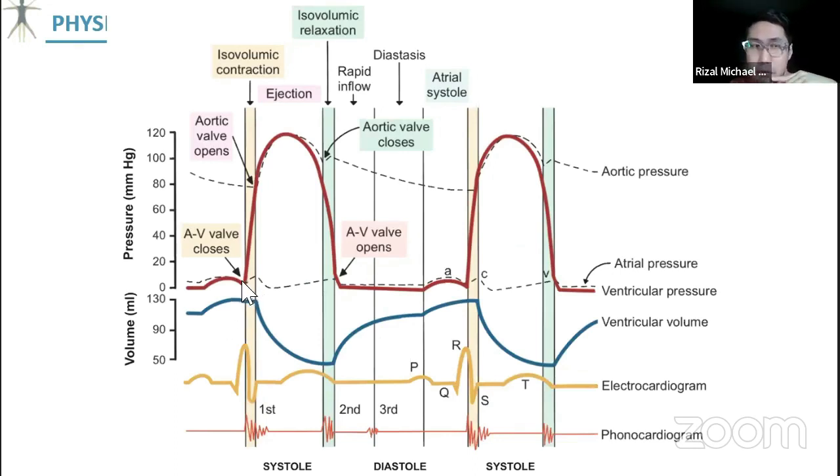And then eventually, if your left ventricular pressure is greater than your atrial pressure, your AV valves will now close. This will now signify the start of the isovolumic contraction, wherein meron kang constant increase in pressure kasi nagko-contract si ventricle, but your volume is the same kasi naka-close lang siya.